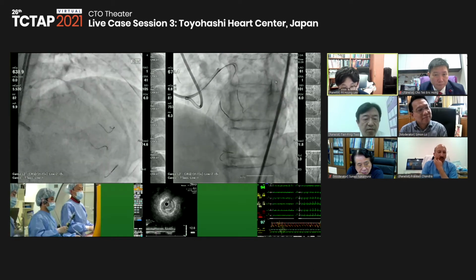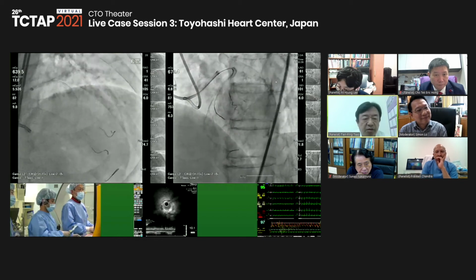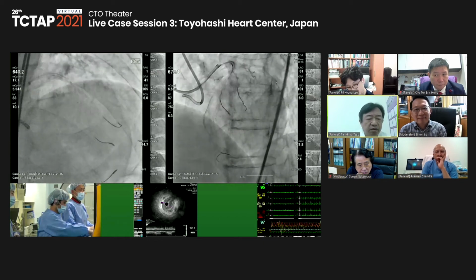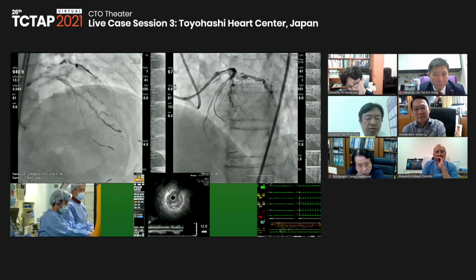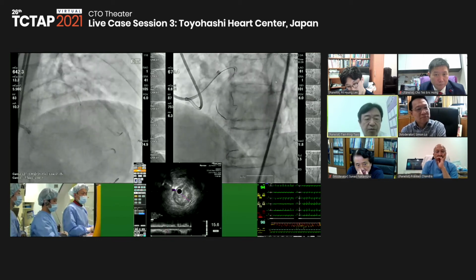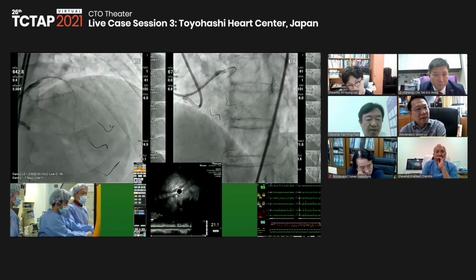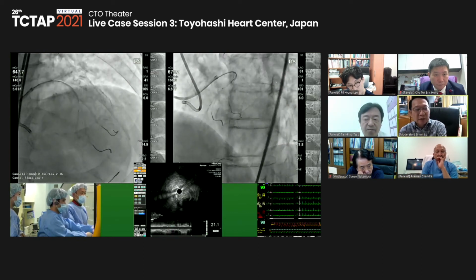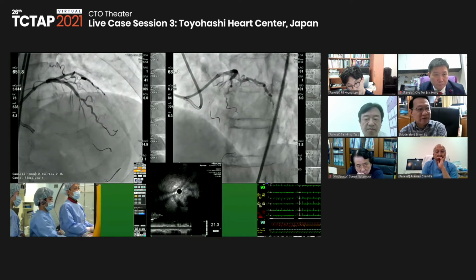Yeah, but I'll probably choose a 3 millimeter stent because the diameter at the second diagonal branch was about 3.5 millimeter according to the IVUS. So probably I'll use a 3.0 stent. And then proximally, before the diagonal, you may want to do a POT or something in the end and make it like 3.5.